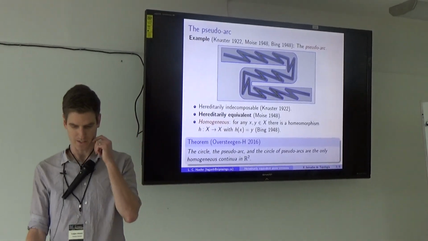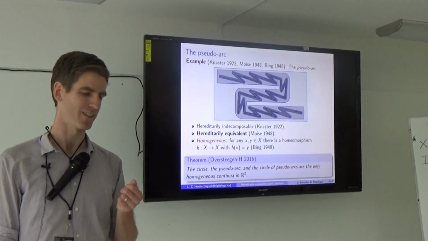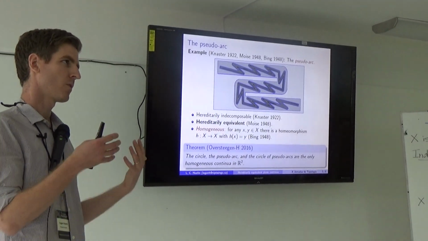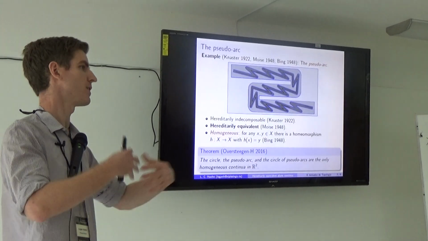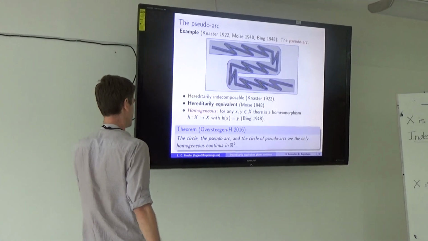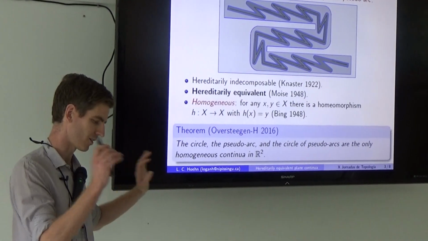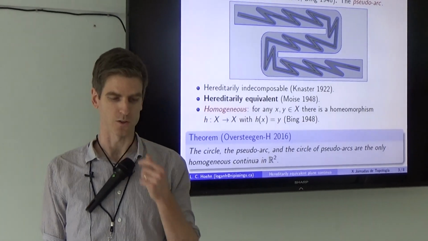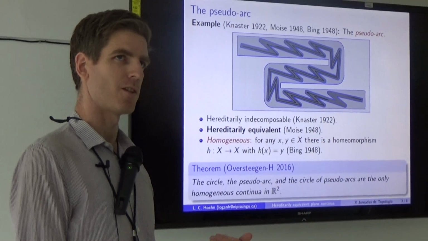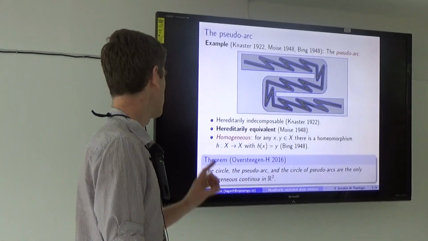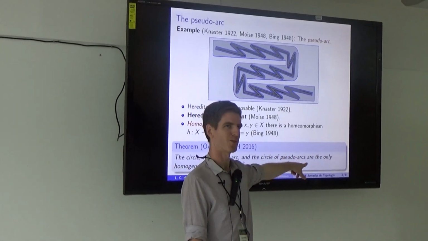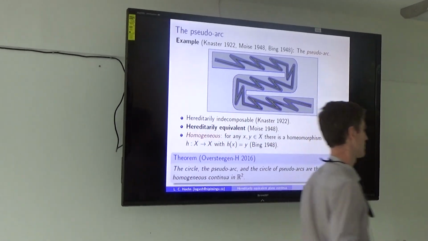Actually, Rodrigo mentioned this, I think, in the introduction, if I understood right, but we were able to prove that, in fact, the pseudo-arc is the only homogeneous continuum in the plane which does not separate the plane into 2 components. And in fact, it follows from that, and a great deal of previous work by other continuum theorists, that the only homogeneous continua in the plane are the circle, the pseudo-arc, this one, and there's a third continuum called the circle of pseudo-arcs, which, just very briefly,